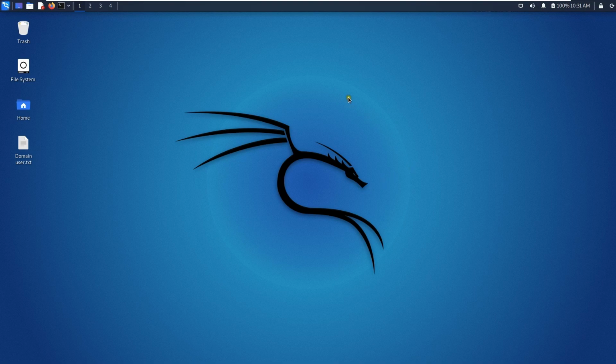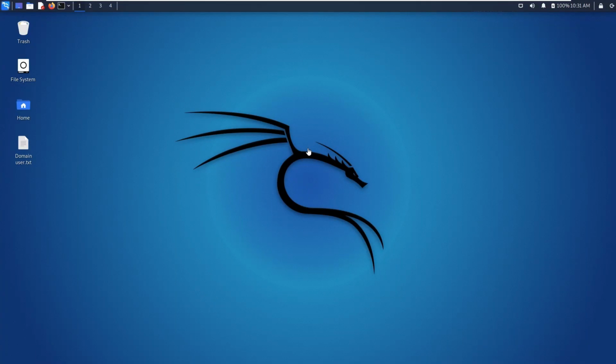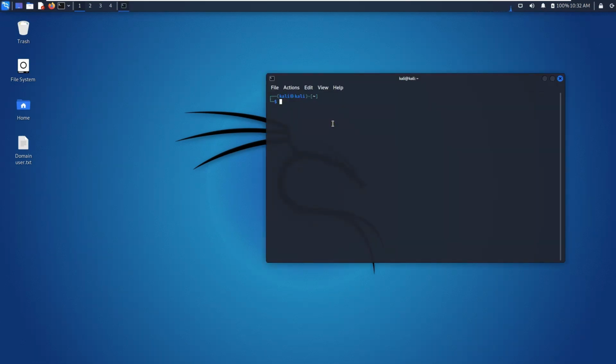First thing, I have Windows 11 and Kali Linux. So make sure you do have 2 machines. With that, let's open the terminal here. Once you open the terminal, let me make it bigger. So you have to type msfvenom